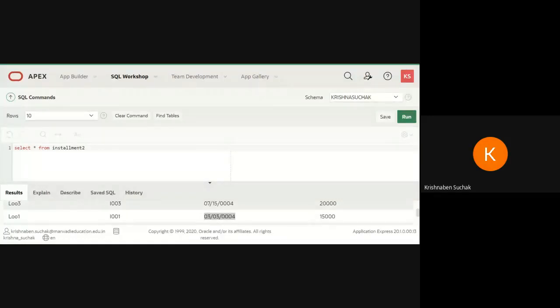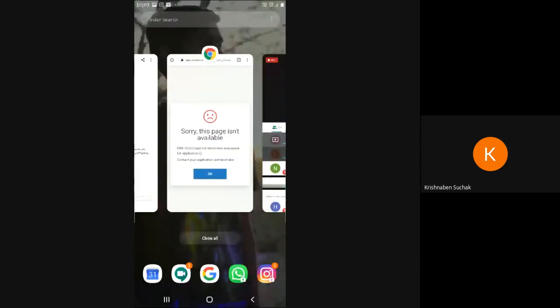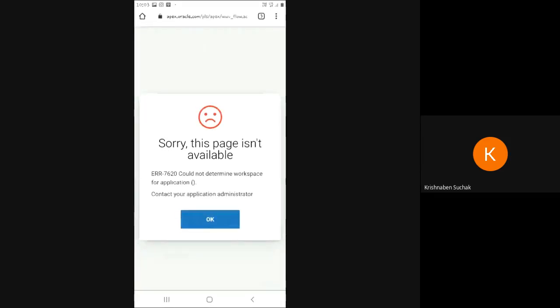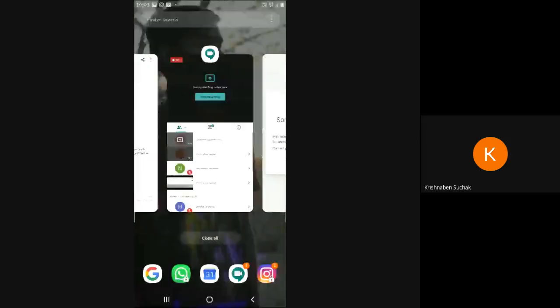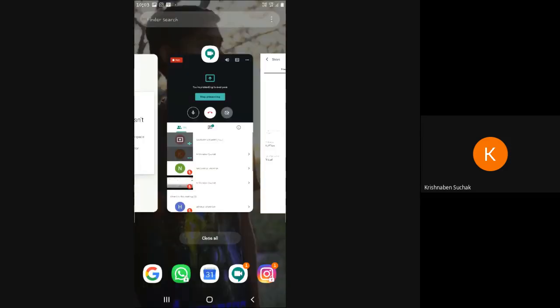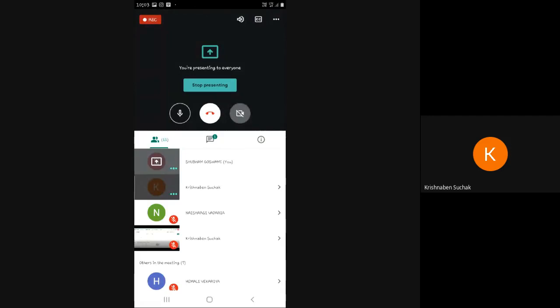Let me check what you have done. Shubham, try to re-login to your Apex account as soon as possible. Without this, we are not moving forward.